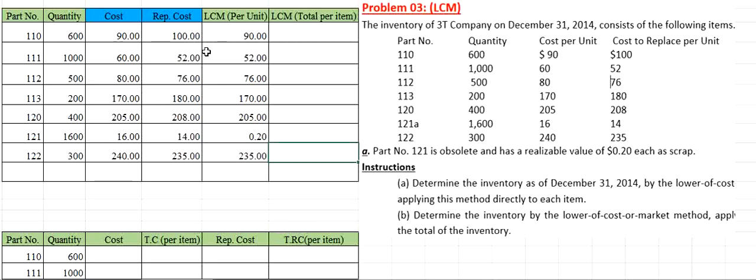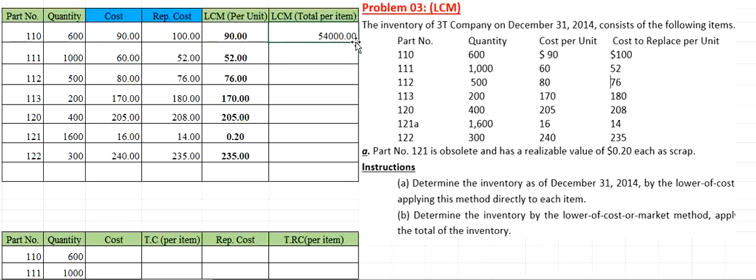Now this is the individual item basis. Let me bold it and bring it to the middle. Now we have been given the quantity, so obviously there is a role of quantity, and for that I'm going to multiply the quantity with the LCM value which is selected. Means the column named quantity will be multiplied with the column LCM per unit,